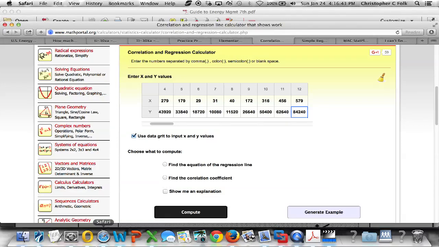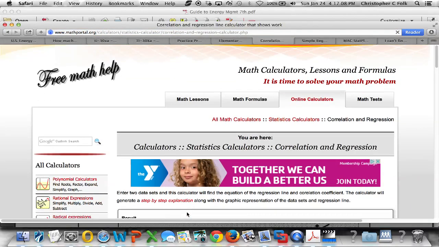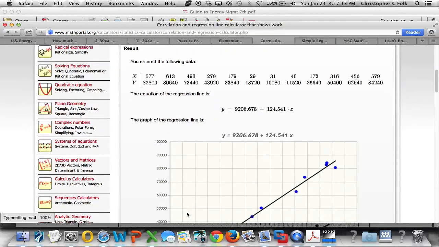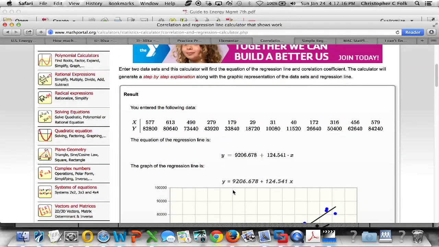So all that data has been entered in. There are two things that we could compute. You have to do them one at a time. I will first select find the equation of the regression line, and I will also click the show me an explanation. Then click compute. It explains quite well the data that we used, and it shows us the regression line. And look at that number. That's the same number we were looking for,